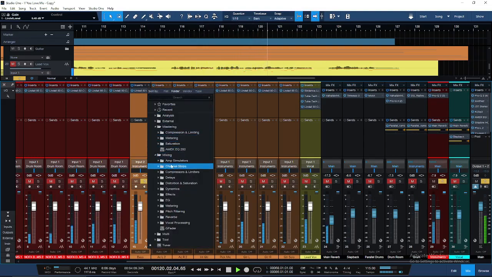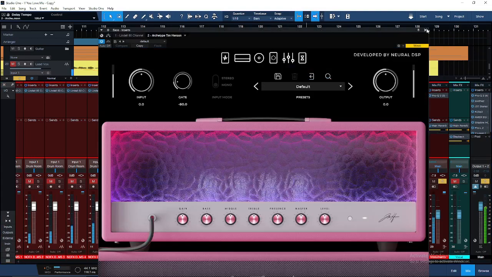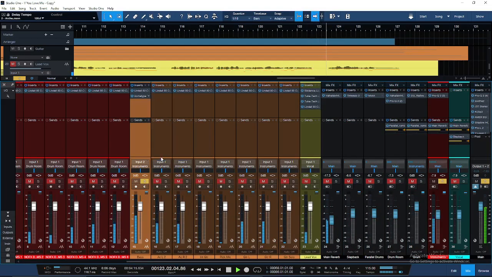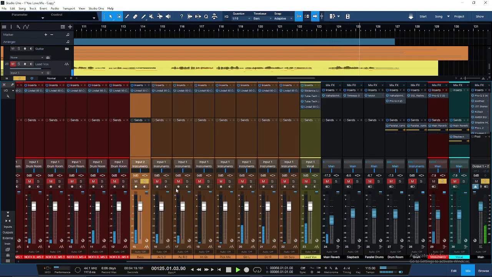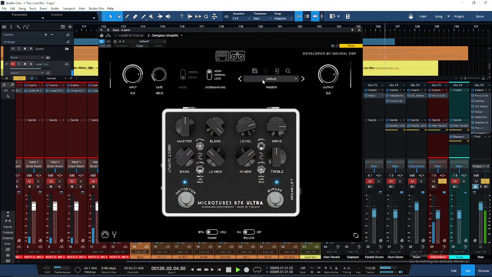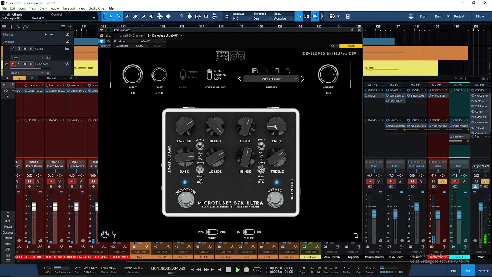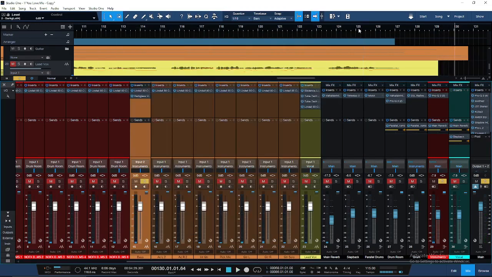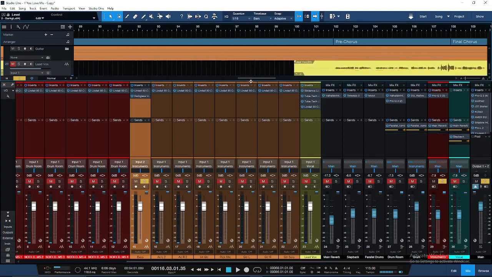So I'm going to open up my mixing tab, amp simulators, and then immediately proceed to open the wrong plugin. That sounds terrible. I'm going to open up this Dark Glass Ultra plugin, and what this is going to do is give me a little bit of flavor in my bass tone. So if we come back here,